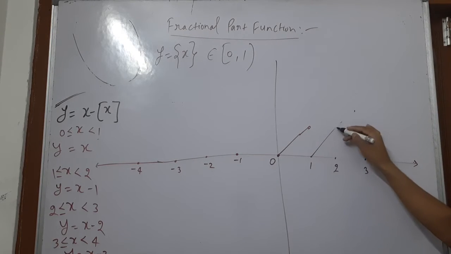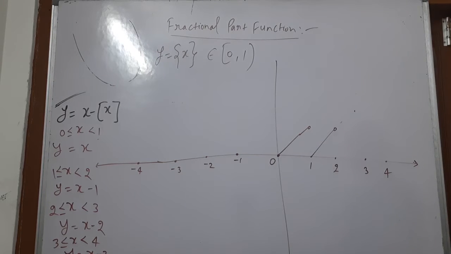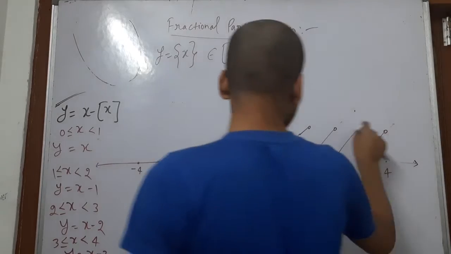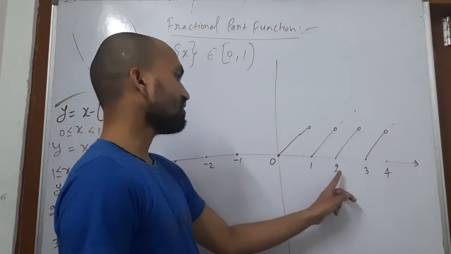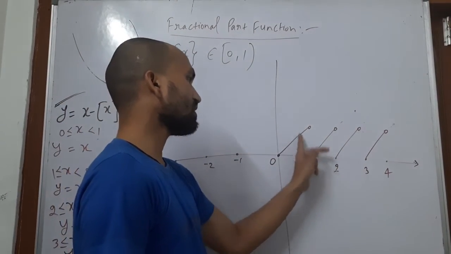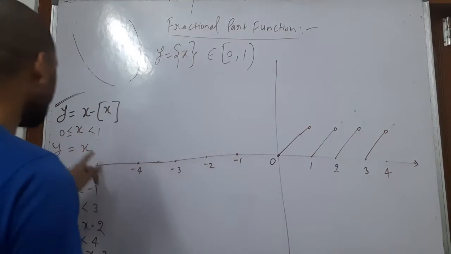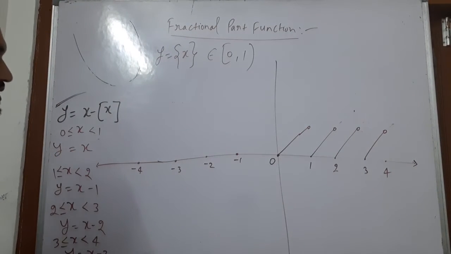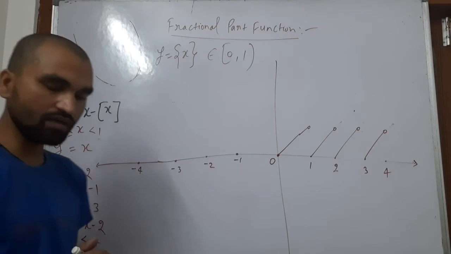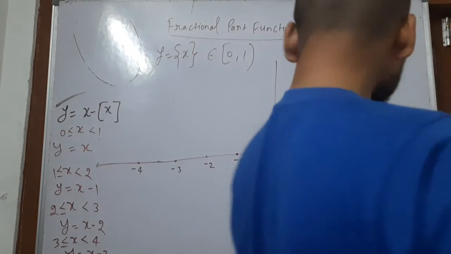Okay. Similarly, after that, this graph will come out, and similarly here we will get the graph. We have taken hollow points here because the values 3, 2, 1 are not included, as here there is only a less than sign, not an equal sign. Similarly, now we should take the values of the negative x-axis.